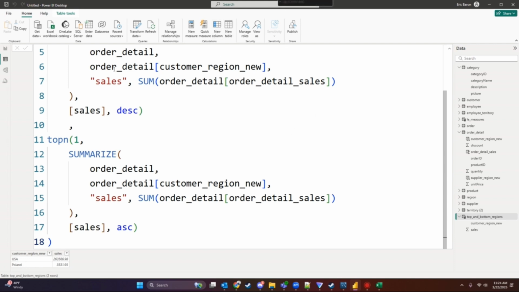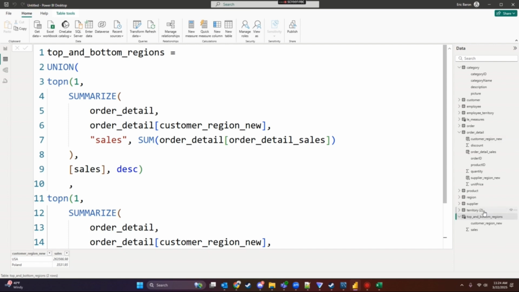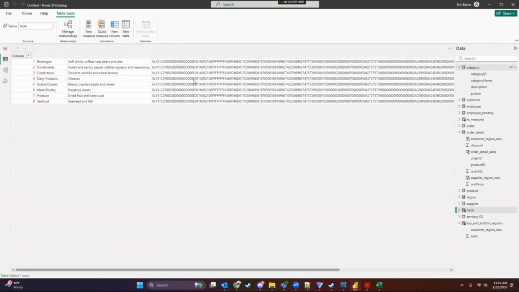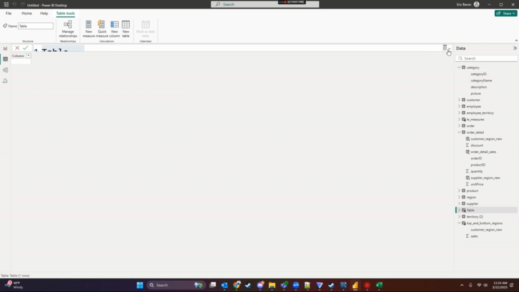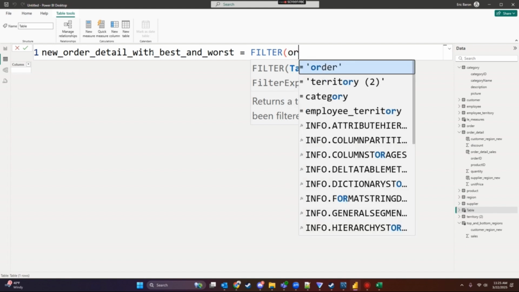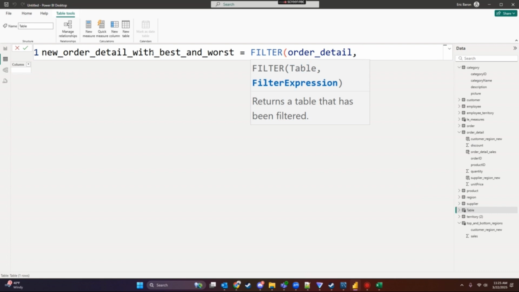Okay, so we're almost there now. So all we need to do now is create, I'm going to get rid of this guy, click off. I want to create a new table, which is what we were asked to do. This will be called, what is it called? It's called new order detail with best and worst, something like that. Filter, and we're going to filter the order detail table. And the filter expression is going to be,